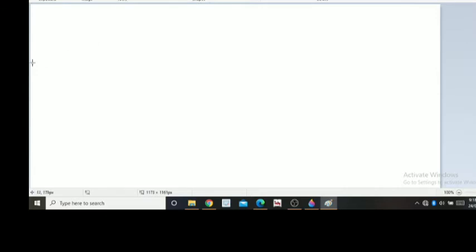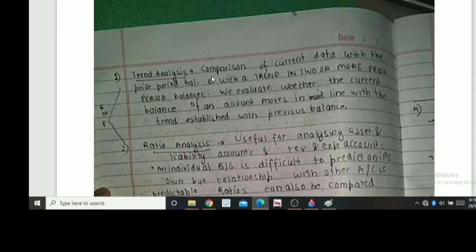Okay, so suppose this is the trend from the past 2 years. Now you have to check whether it is in line with it or it has fallen down. So you have to check whether your current balances are in line with the previous balances or prior period balances, or it has changed. This you have to check while applying the substantive analytical procedure.